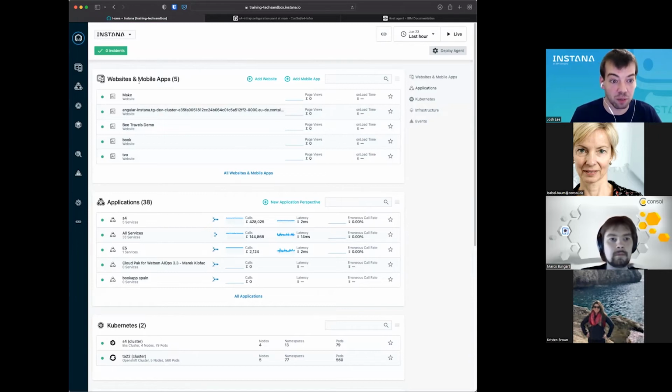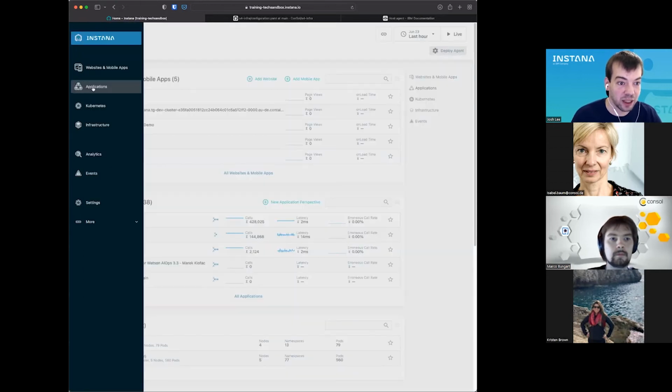You can also install on-premise if you want to be collecting all of your data on-premise and not sending it back to our SaaS. This is a more complicated installation process, of course, but it is supported. And so in this environment, we have all of this data coming in from various agents installed on various platforms. There's one running on my laptop right now.